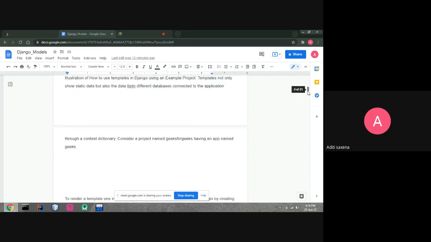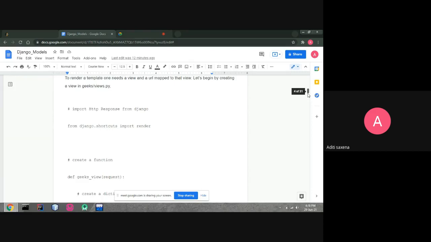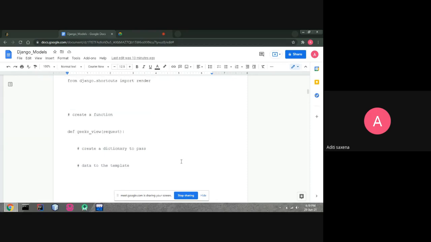Now, how to use templates. To render a template, one needs a view and a URL mapped to that view. So we need to create a view and map it in the urls.py file, importing that function in urls.py. First we create a view, for example greeks_view with a request.